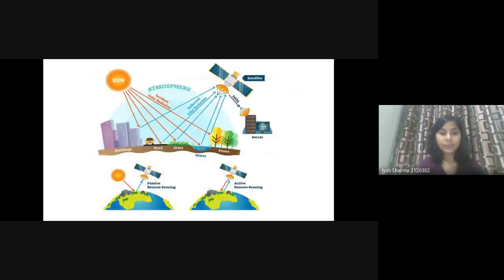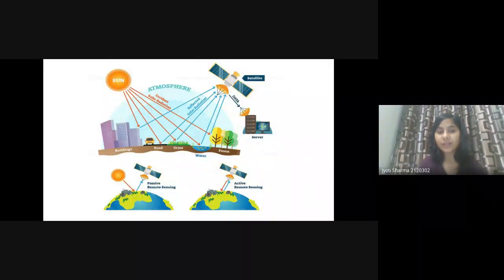So this is the crux. For example, this is the sun. The sun gives radiation to, let's say, the grasses, to the building, to roads, to the forest. Okay, so this is the incident solar radiation. This light will be reflected back, and this reflected light will be captured by the sensor. Because this reflected solar radiation will have some information about the objects,